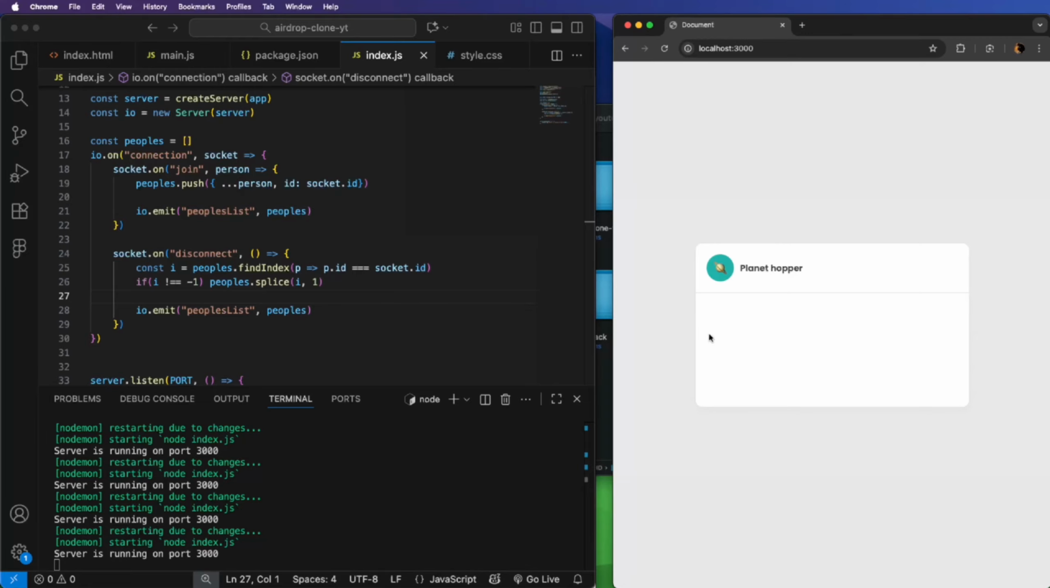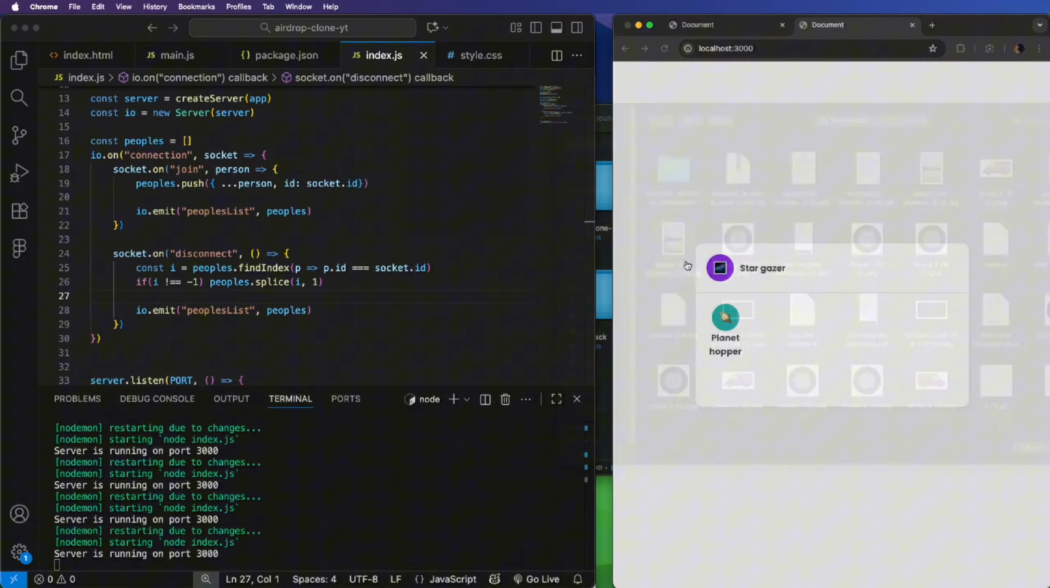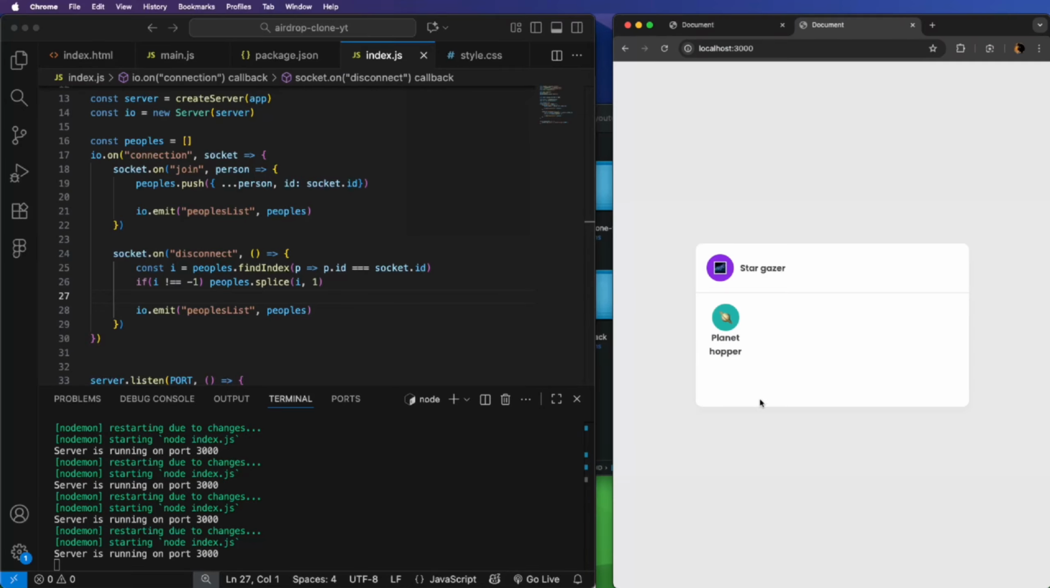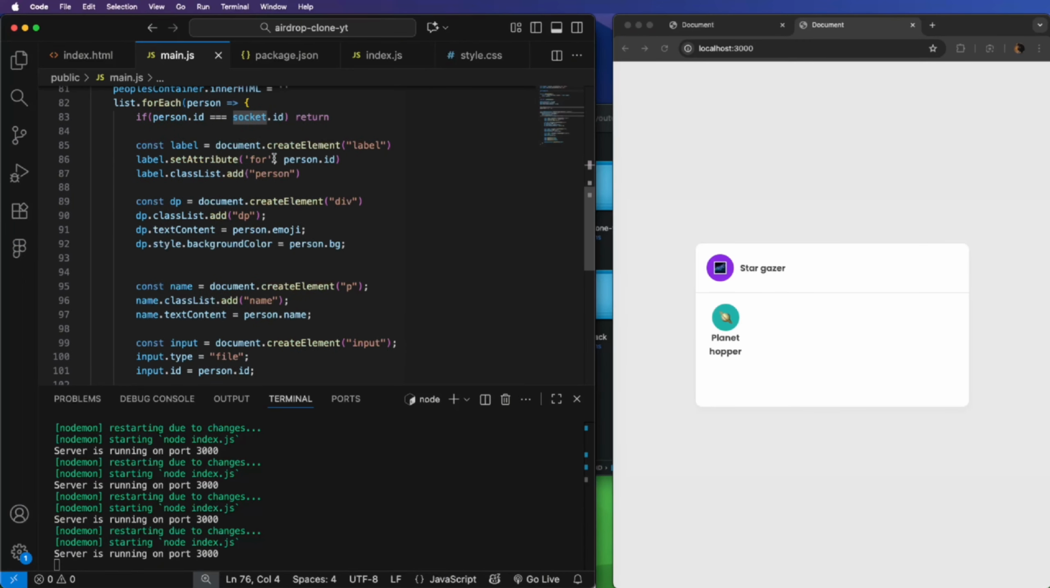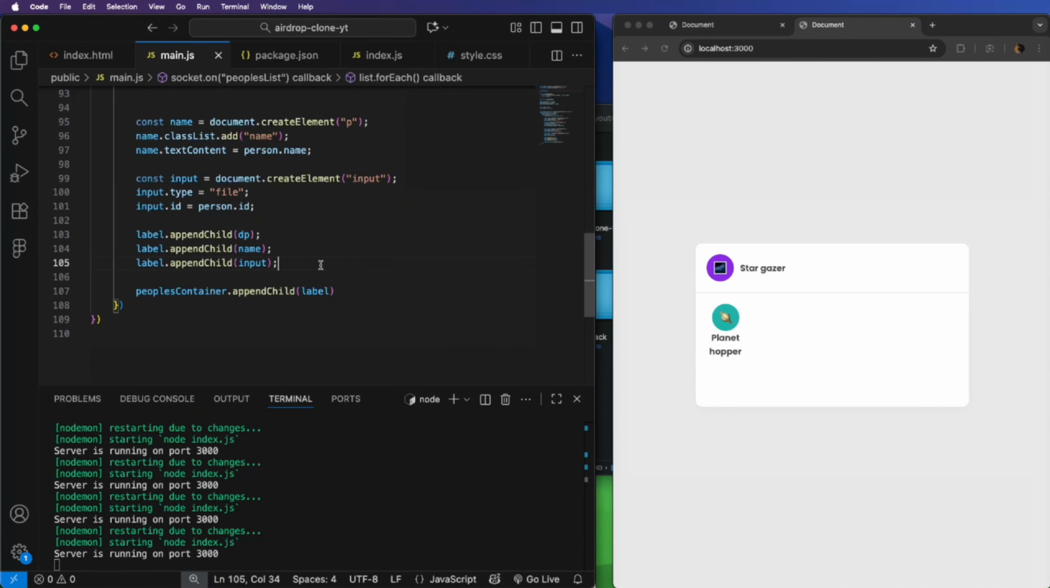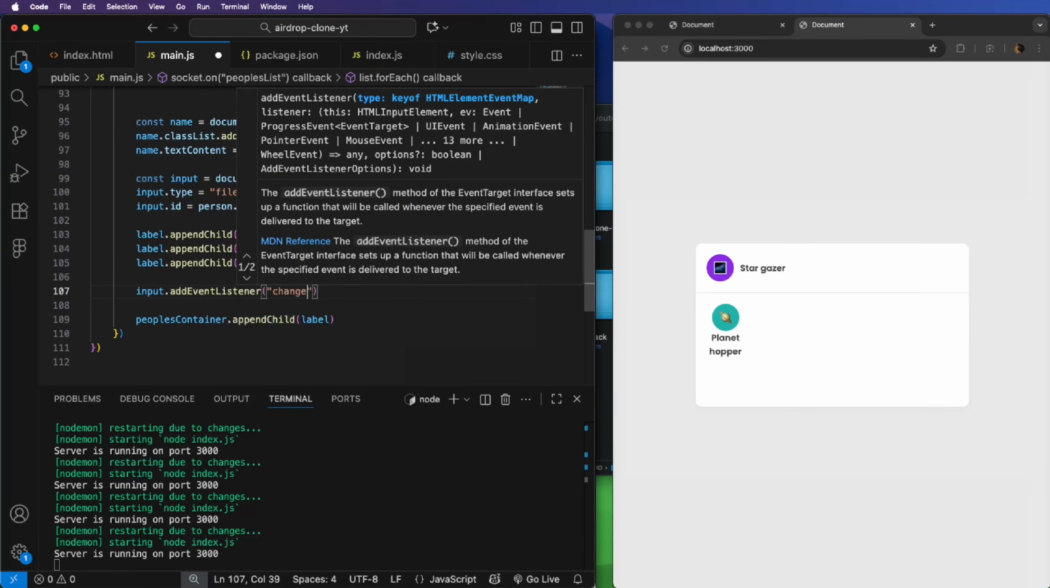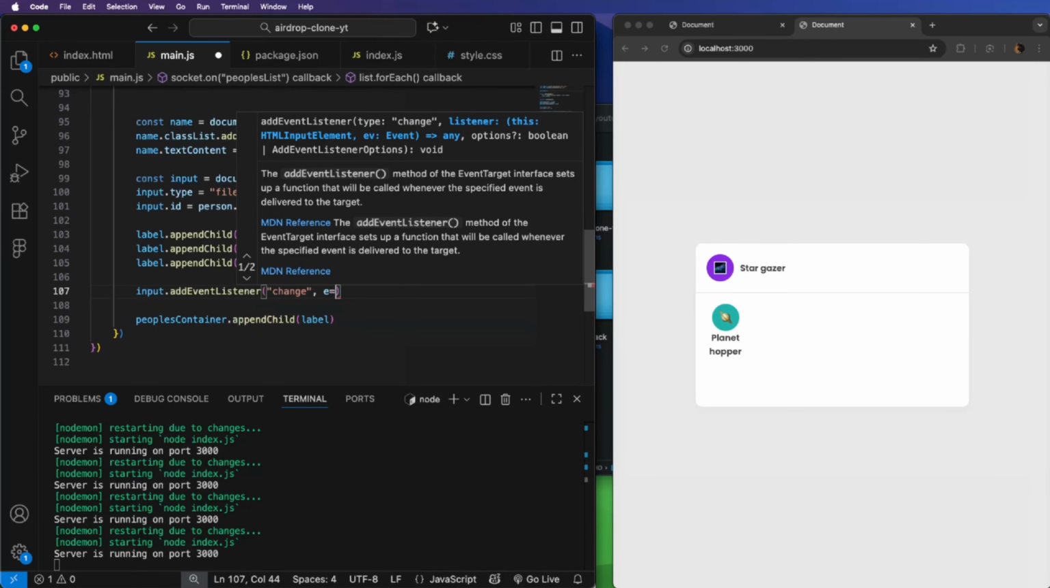Okay, it is working. So now what we want is to handle the file share. So for now, if I select a file, nothing happens because we're not handling that. So let's handle that. So in our main.js, here we're going to say our input, which is our file input, .addEventListener, and we're going to listen for the change event. We're going to have the event in our callback,